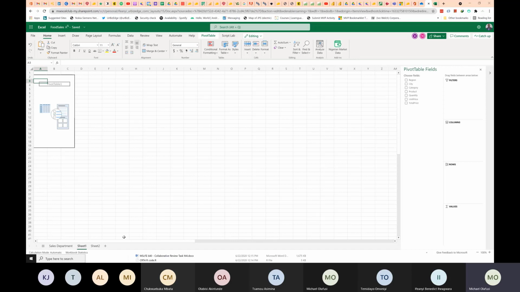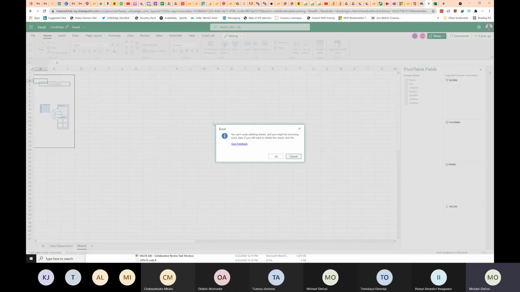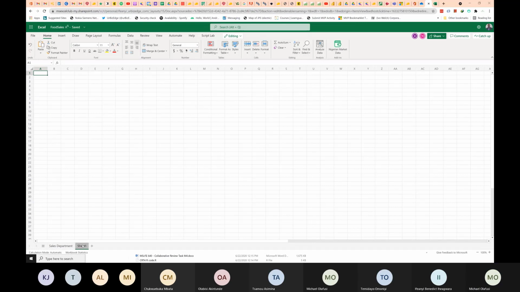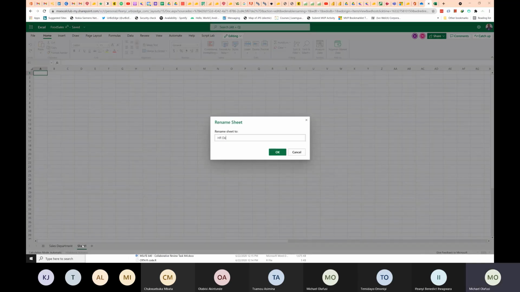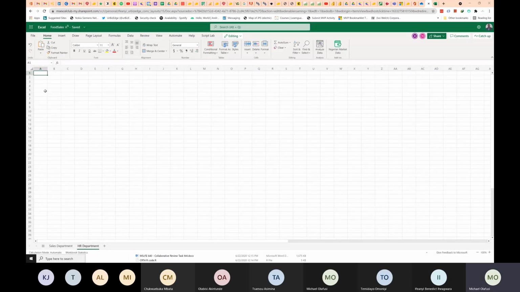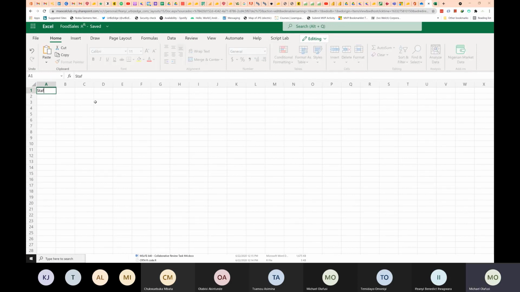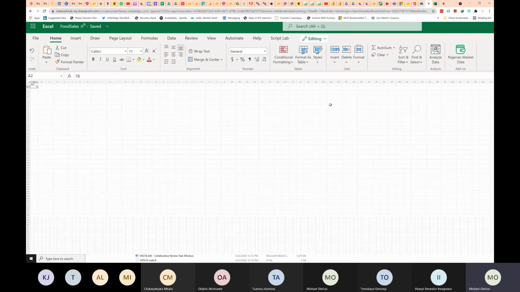I'm going to just take off this one. So let's say temporarily take over. I'm going to delete this. Okay, so HR department. And in HR department, what do we have? So we have staff. Let me just make this bigger. So we have staff, different staff. Let me generate 78 staff, and say okay, 78 staff.